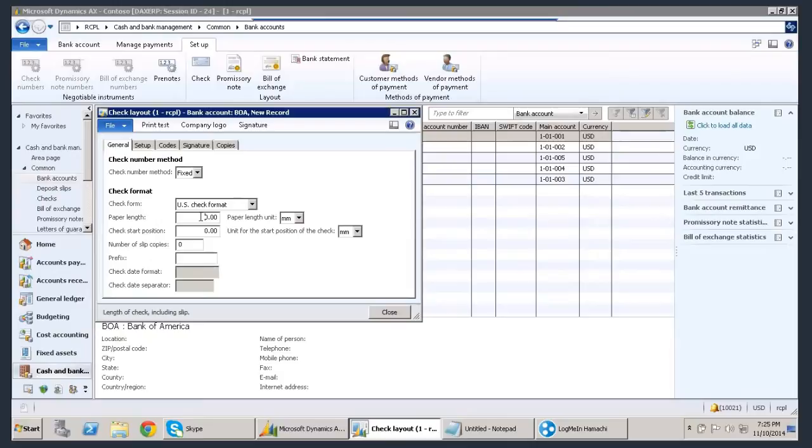It's clear, but is it not possible to pair up using two separate checks instead of a stub? It's your wish how you want to configure this. But it is always suggested to pay through a stub. That gives a very clear picture to your vendors, so that you can communicate to your vendors very clearly against which invoices you are making payment.